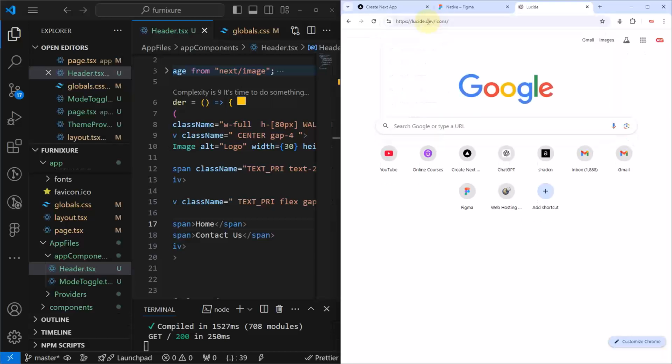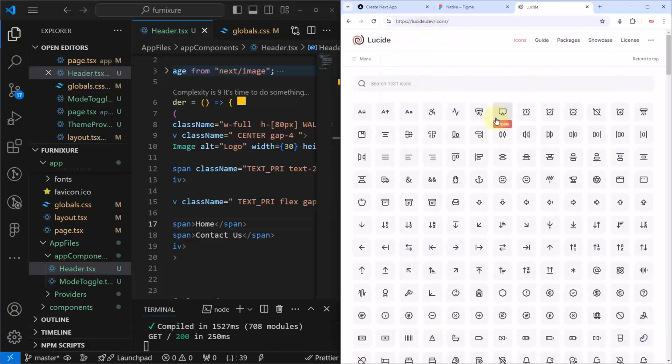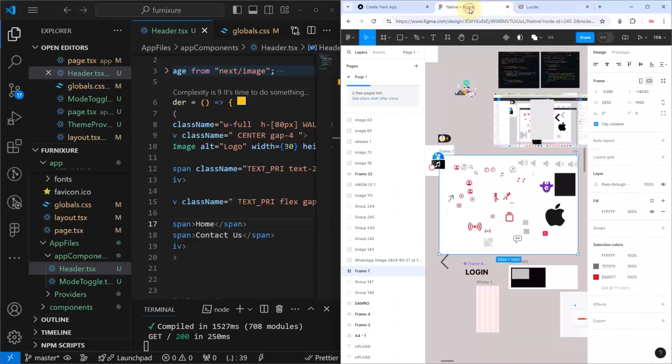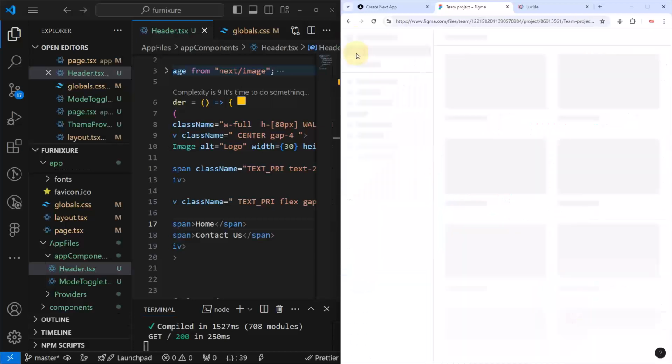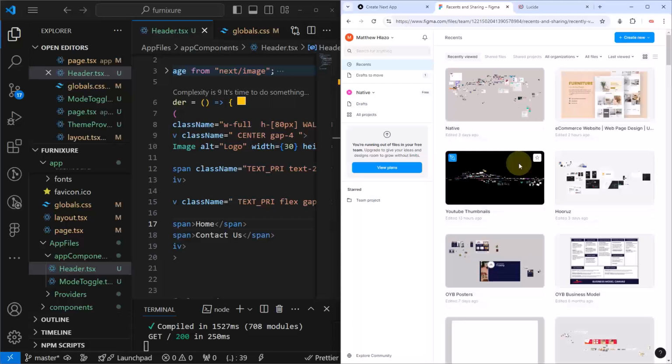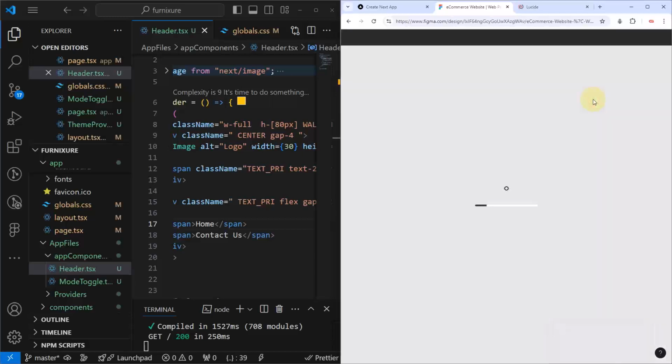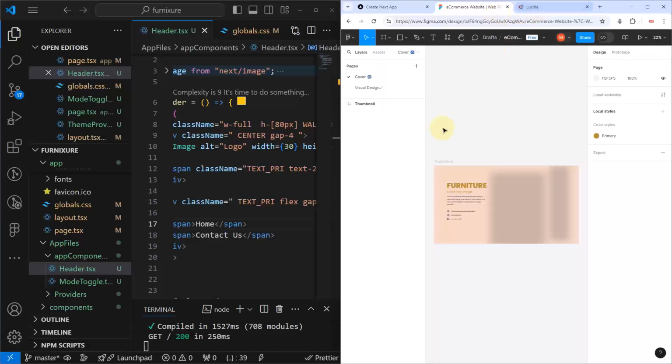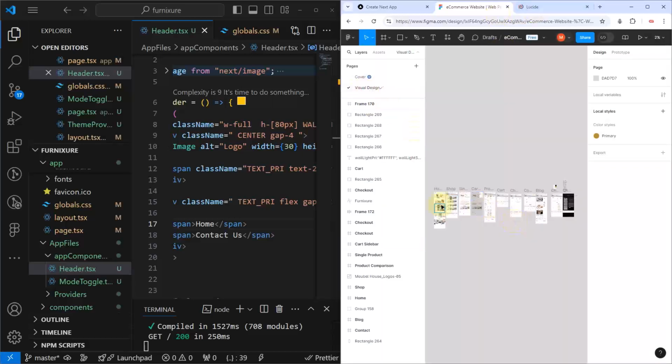Make use of Lucide icons. So let's quickly go to this is not where I want to be. Where do I want to be? My apologies about this. It looks like I have closed the design file. My apologies about that. Okay, so we just have to check which icons are there, and also remember we